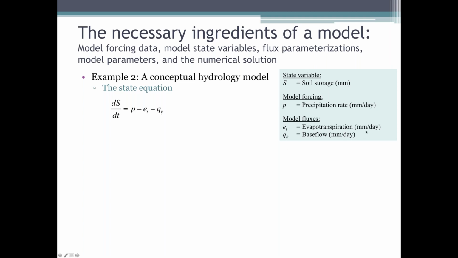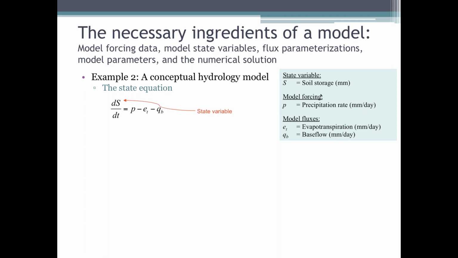And one thing I just want to note, again, when I said writing out your equations is useful if you're trying to check things, always also writing out the units of everything is incredibly useful. I can't tell you how many times my model has not done what I wanted it to do, and it's because I got the units wrong somewhere. So just taking the time to write down what are all my variables and fluxes and what units are they in can help diagnose a lot of problems.